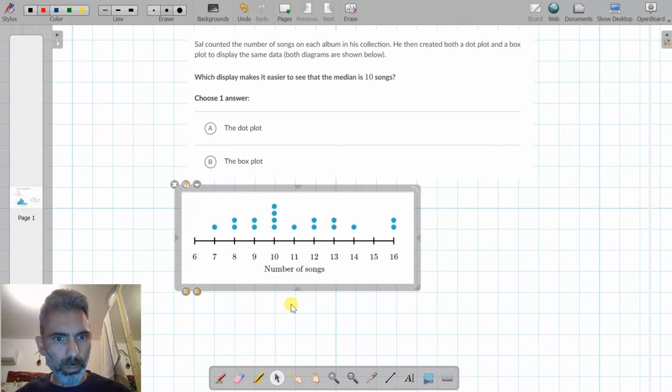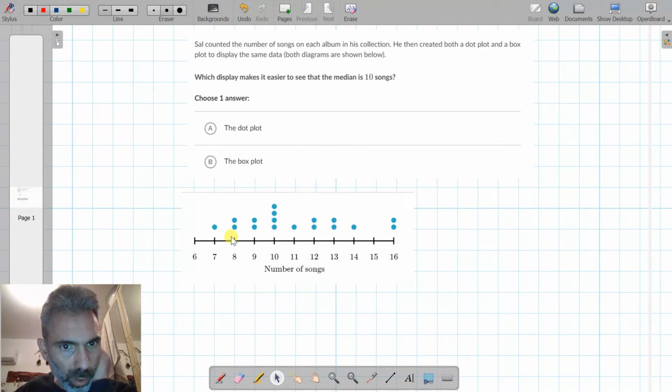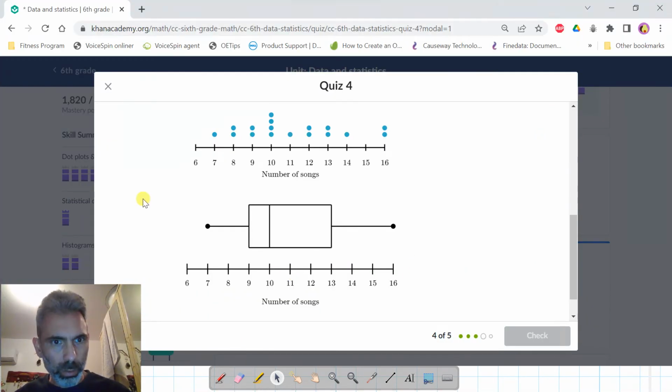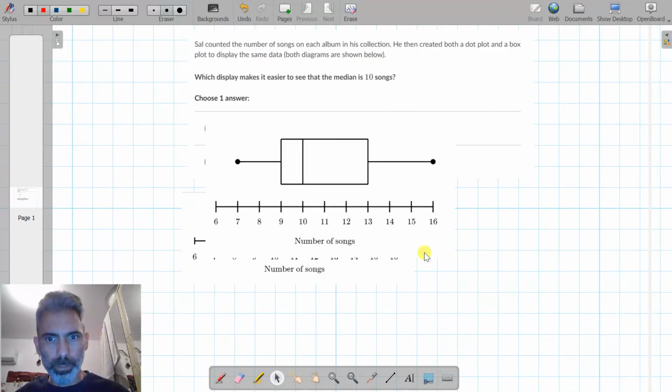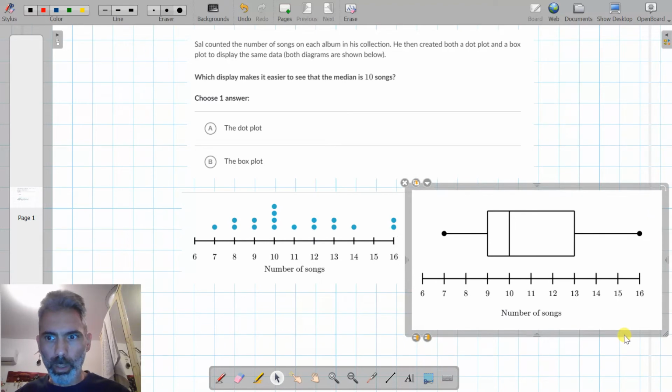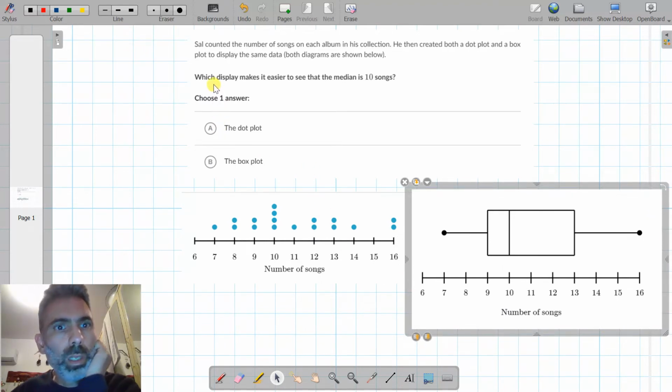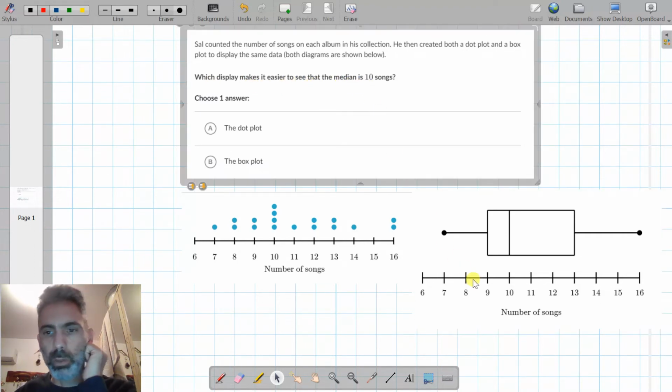Here in the dot plot, we see that he has 1 album with 7 songs, 2 albums with 8 songs, 2 albums with 9 songs, and so on. And here is the box plot. And let's see what the options are. The question is, which display makes it easier to see that the median is 10 songs? Okay, so of course the box plot